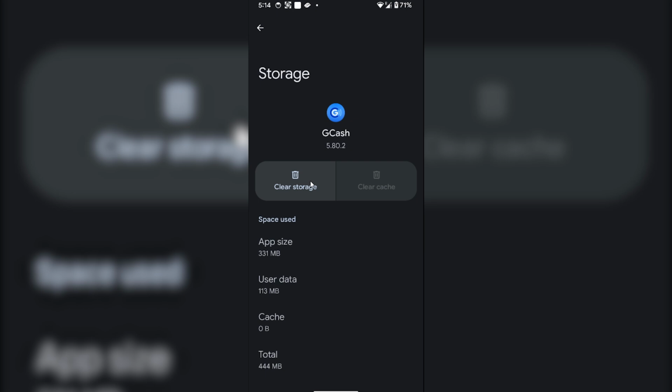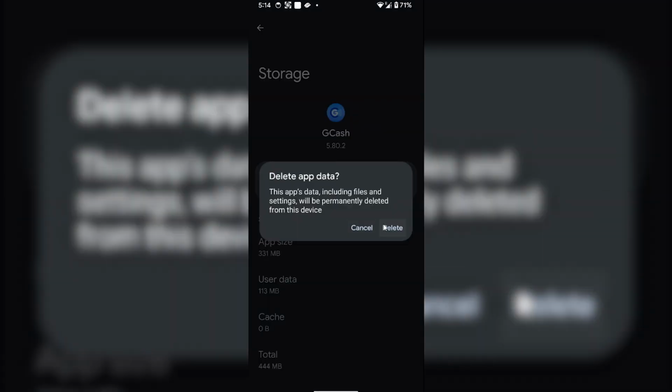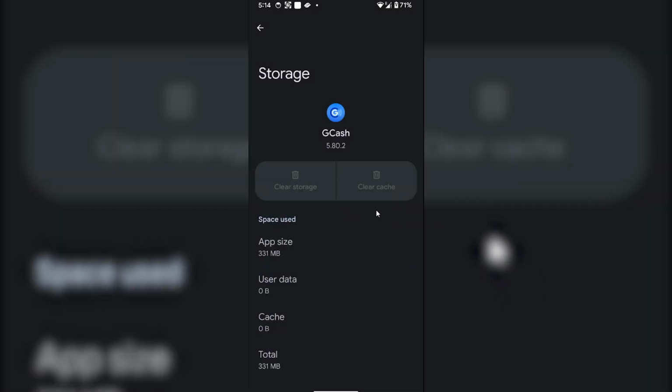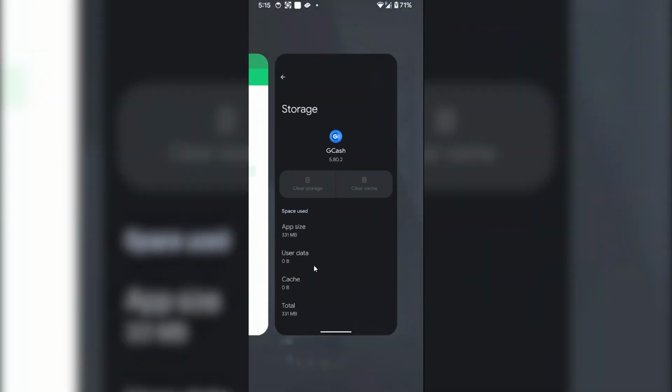If your problem has not been resolved yet, then you can go back here and clear the storage of the Gcash as well. Make sure that once you've cleared the storage, you have to sign in into the Gcash once again and try again if the problem has been fixed or not. But if the problem has not been resolved yet once again, then you can move towards step 2, which